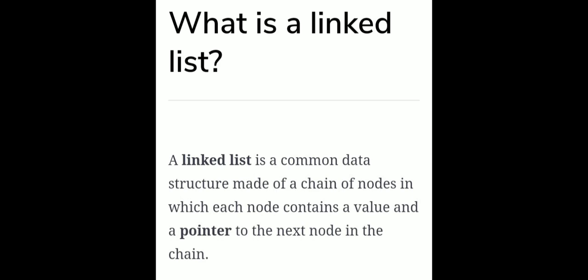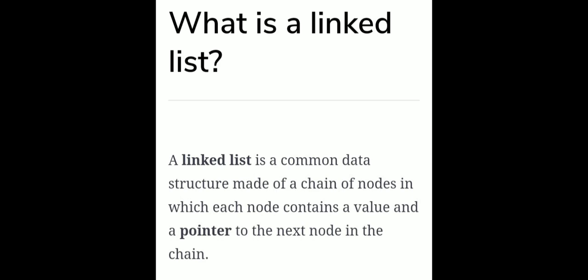Next, we are going to learn the linked list data structure. A linked list is also a data structure, similar to stack and queue. The difference is that it follows a different way of storing data, using a concept called a node and a chain of nodes. So this is the difference: how it stores data and how it accesses data is different as compared to the stack and queue concept.